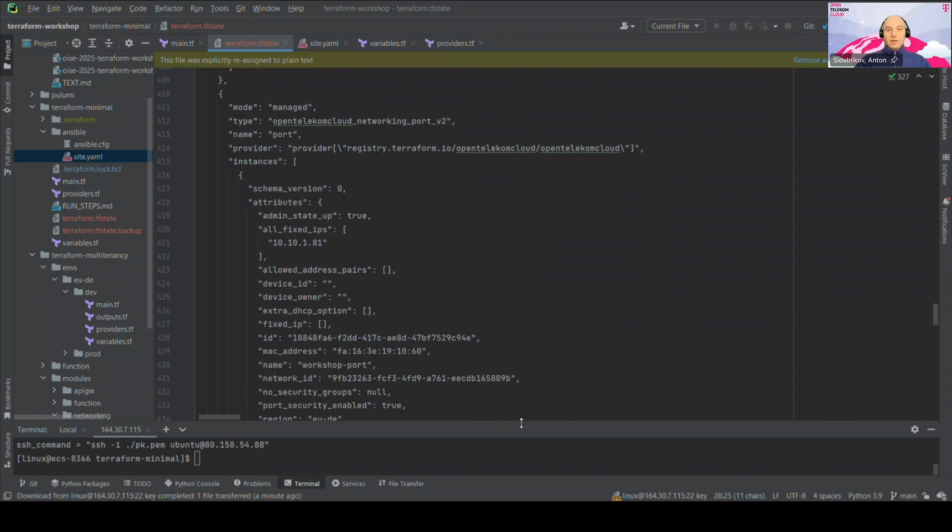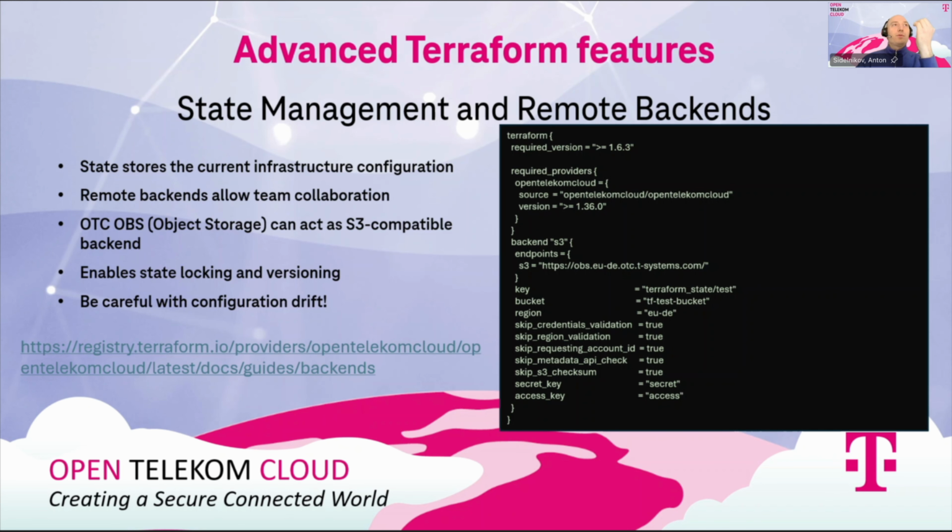And for that case also, Terraform has a feature if you want to use Terraform not only for local development. Of course, it's hard to keep the state only local. By default, it's only stored as a file on your local computer when you are running your infrastructure code. But if you want to create production-ready infrastructure to use within a team, it's good to store this in some remote storage. It could be S3 compatible storage